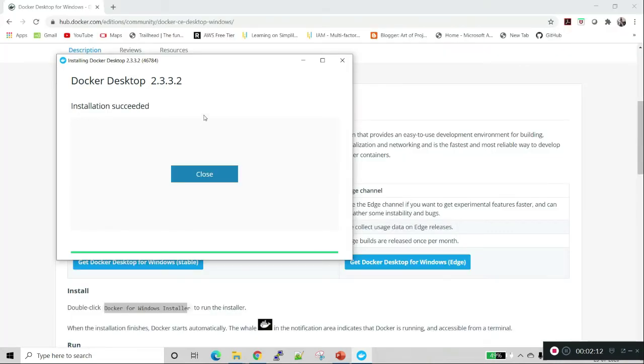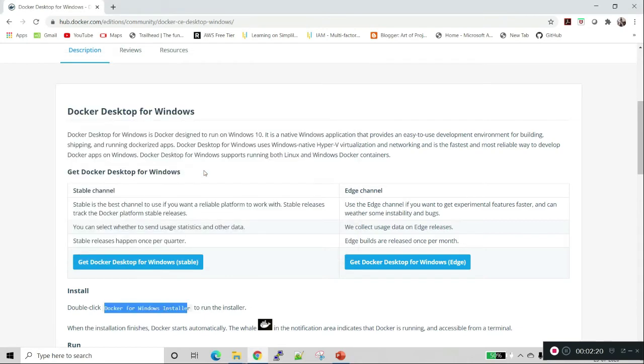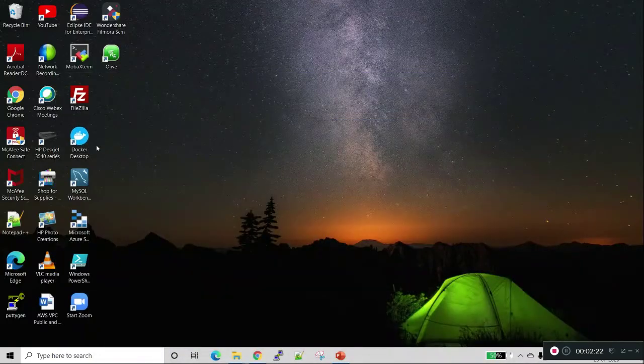So let me open Docker from my desktop. It's taking time to load the Docker software.